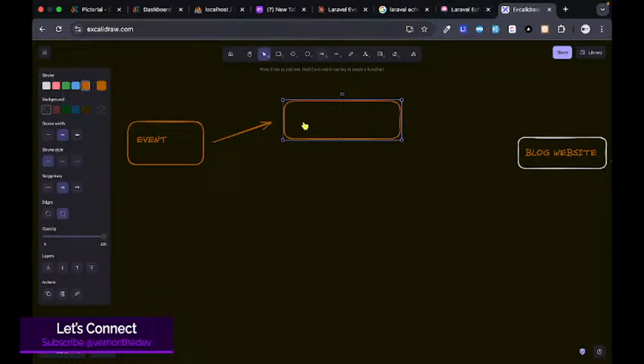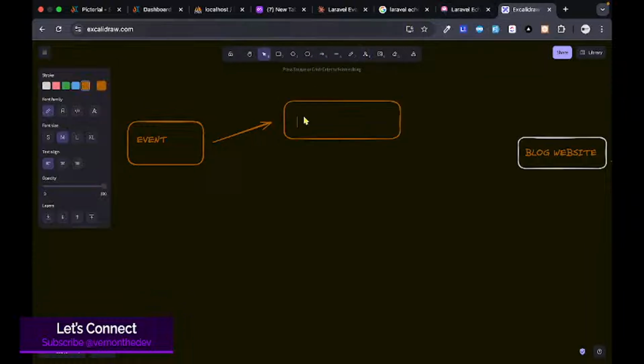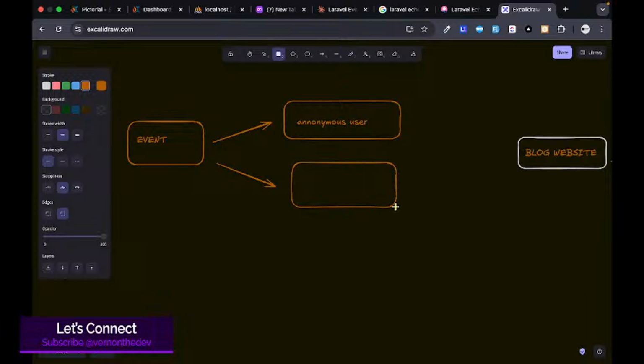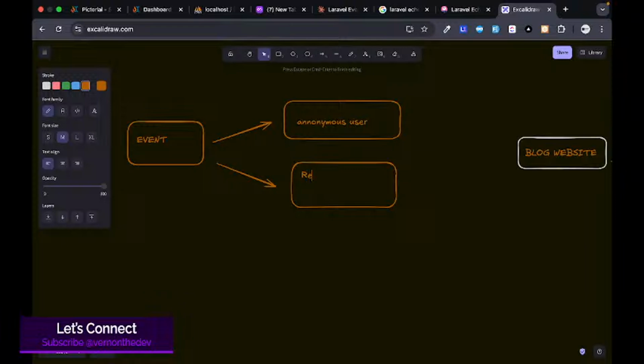So first of all, we are going to have an anonymous user that can comment. Then within this event, we have to make sure that we register the events within it. As we're registering the events, we are also getting the timestamps. Then after getting the timestamps, we make that event